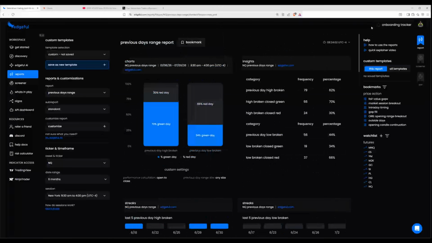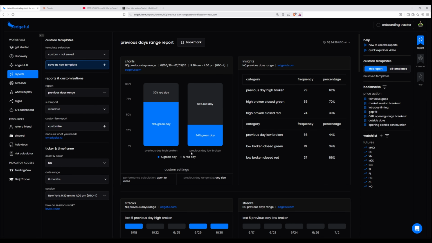So what does this report tell us? If yesterday was a green day and the previous day's high is broken today, 70% of the time today is going to be a green closing candle. So you have your bias. So all you essentially need to do is have a look at yesterday's candle, wait for the open at 9:30 a.m. And that's when you get the big move. As soon as it takes yesterday's high, if it takes yesterday's high, you have a green bias. Now you can either catch a retrace and then catch a long, or you can catch a continuation.